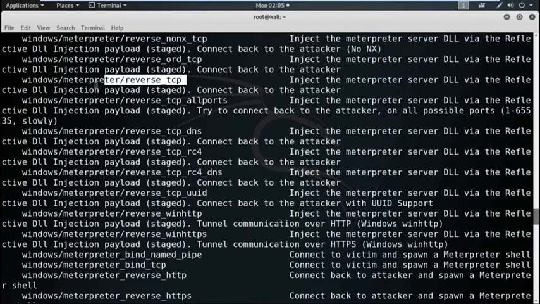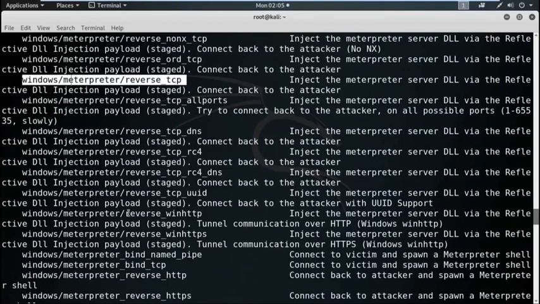There is a payload with the name windows/meterpreter/reverse_tcp. We are going to use this particular payload and create the executable,